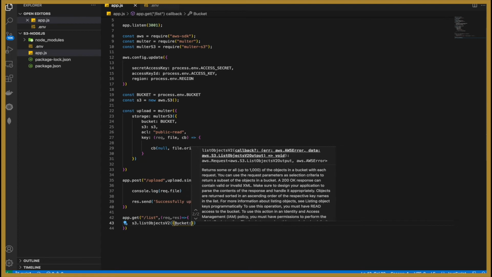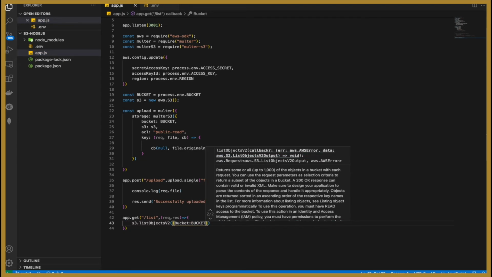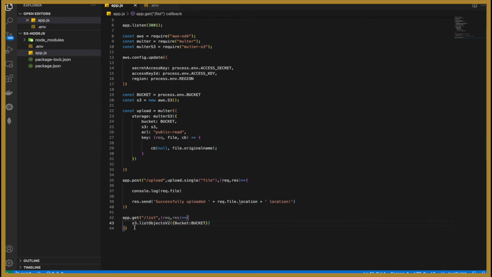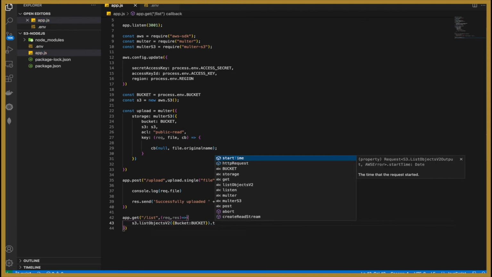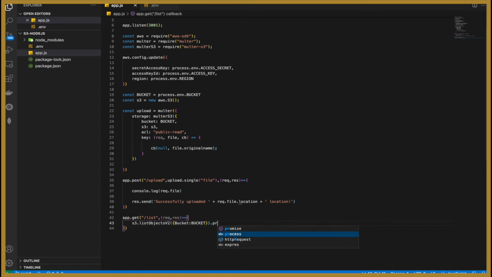So bucket is our bucket name, and let's promisify this. So we can call promise on this, and I can use await here, and let's make this function async because we are using the await keyword. Now let's store the response in some variable. Let's call it R,